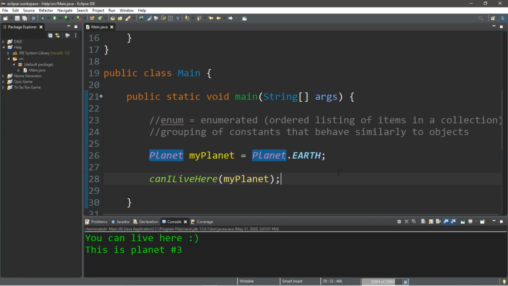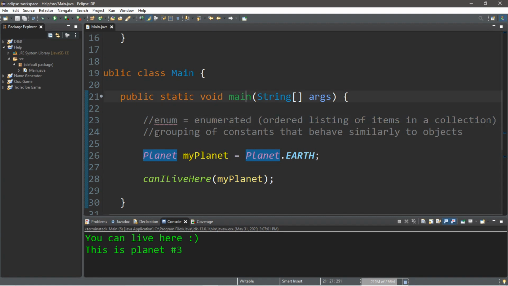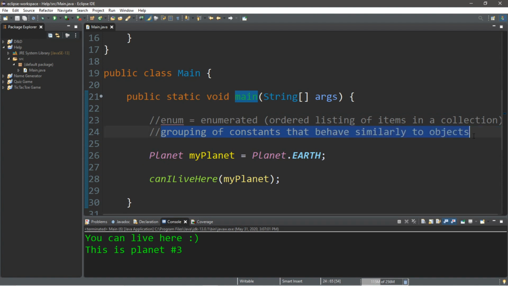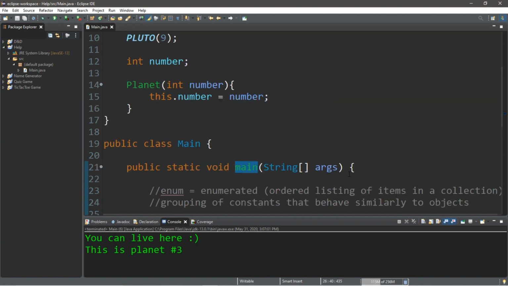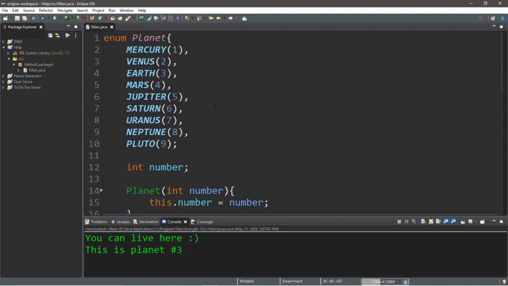So that's the basics of enums. An enum is short for the word enumerated, which is an ordered listing of items in a collection, and they are a grouping of constants that behave similarly to objects when using them in Java. So that's the basics. If you would like a copy of all this code that we worked on, I'll post it in the comments down below,